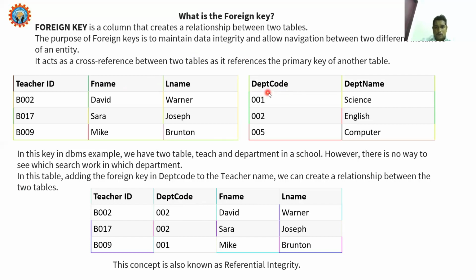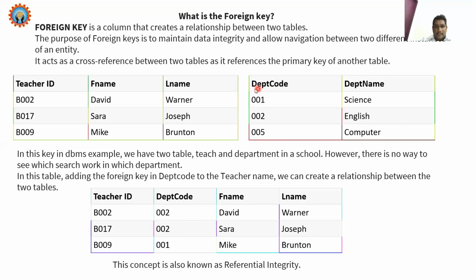So department code is a primary key in one relation, whereas the department code available in the other is a foreign key. Consider this is a master relation and this is a child relation. In the master relation we have a primary key attribute.